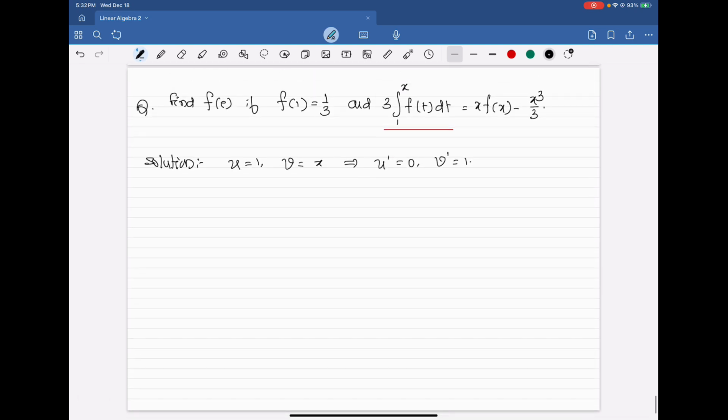Here u and v are functions of x. Hence, as per Leibniz rule, as the limits are functions of x, we say d by dx of the left hand side